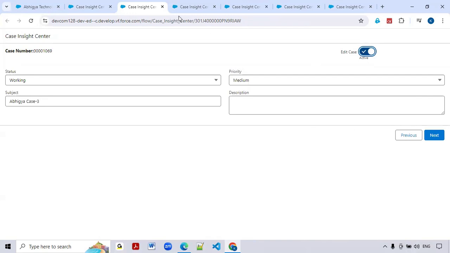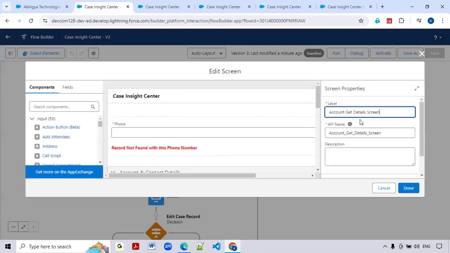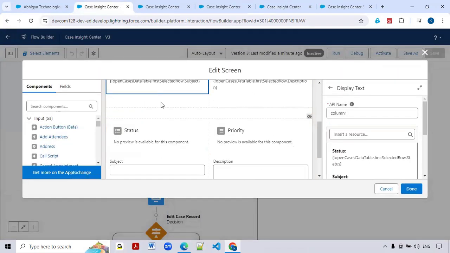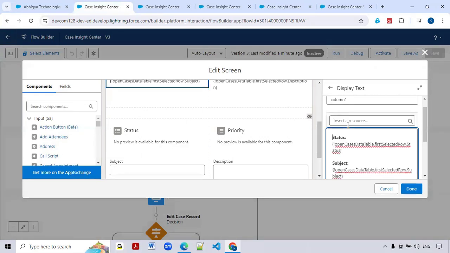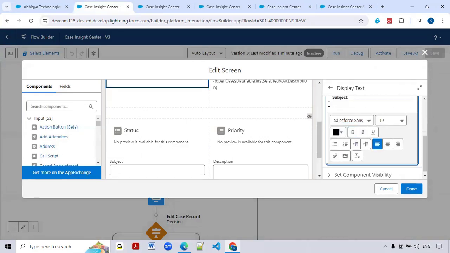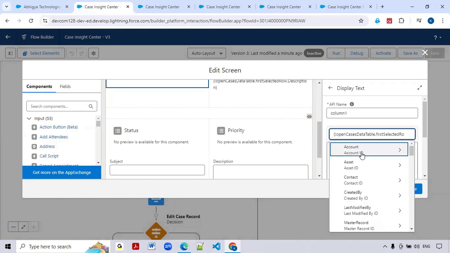That message will be updated. Okay. Let's come to the case detail screen, right? Let me remove this. So here, open cases, selected row,